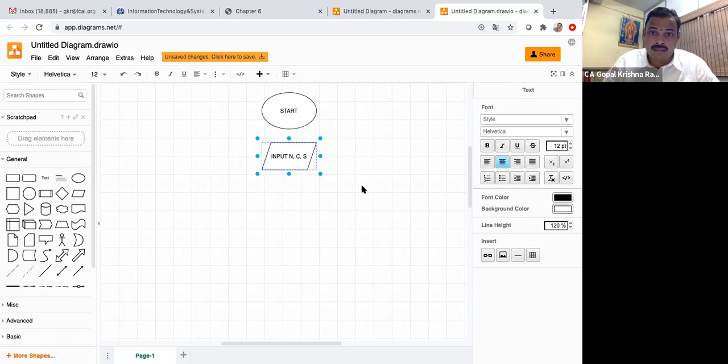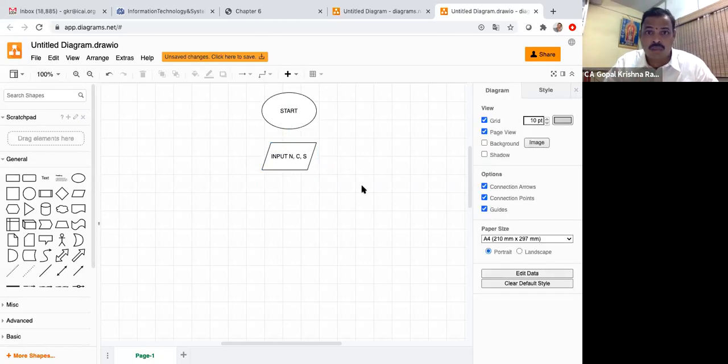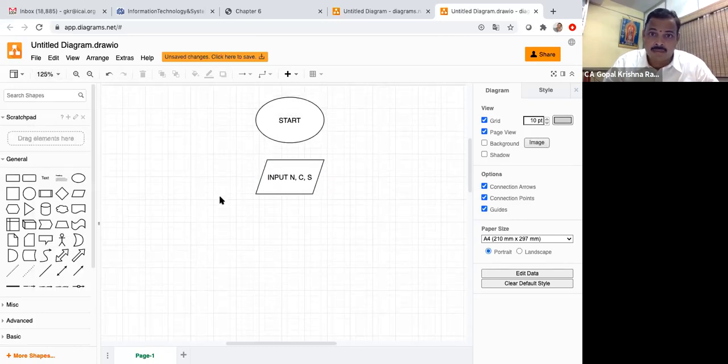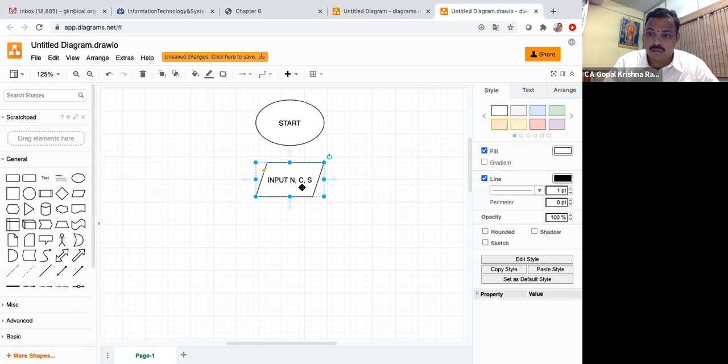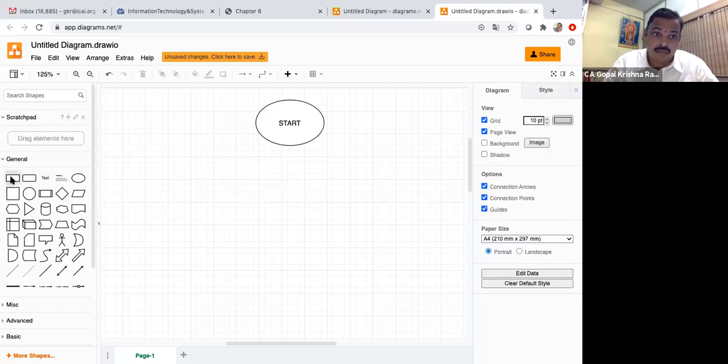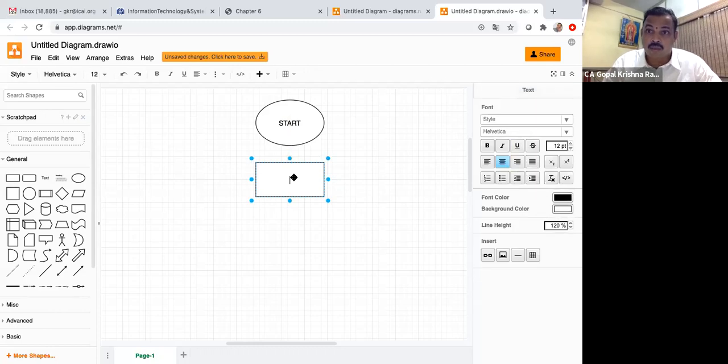If you are giving as input N, C and S, use this symbol. But sometimes you may need to give an assignment, and when you are assigning, you can use the rectangle symbol itself. So I'm using an assignment symbol here. This is called assignment. I'm giving values. So what are the values we are giving? Let n be 1, n is equal to 1,